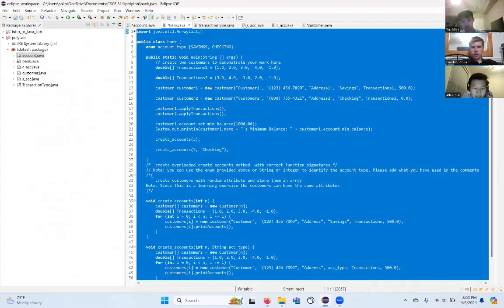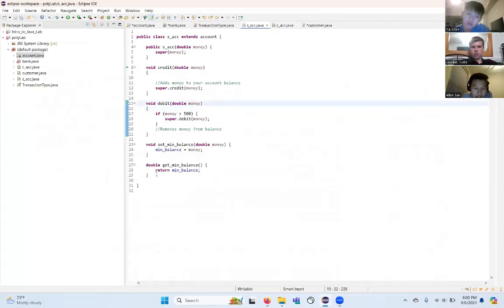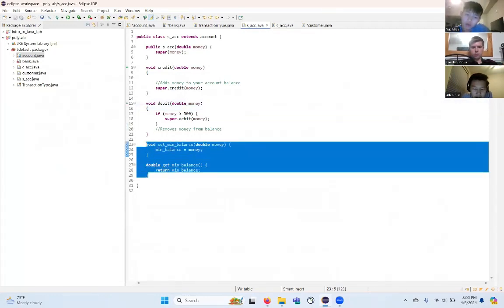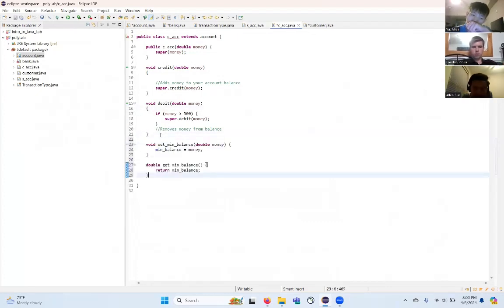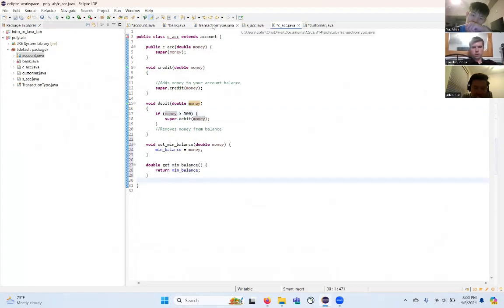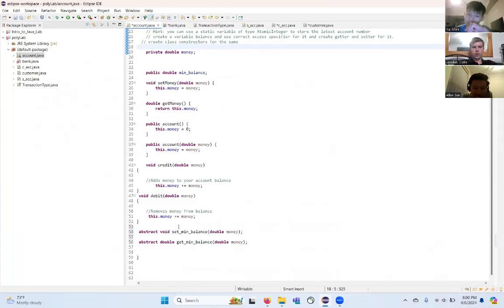Yeah, it was that for C accounts we also have to implement the get min balance stuff because it extends from the abstract class, so it has to implement those methods. So just make sure you copy paste those things over also. Did we change accounts? I think so. I think this is still from me changing this earlier. Okay, wait, let me just